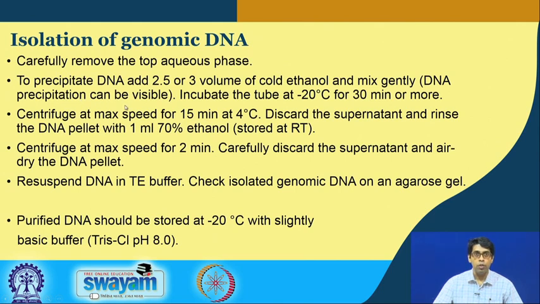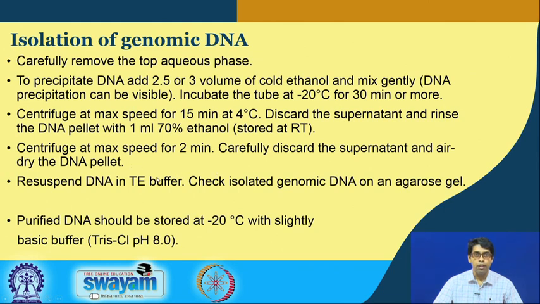So, what we see is a white precipitate. We can centrifuge it at a high speed, so that all the DNA is precipitated, and then we remove the supernatant, because the supernatant will contain the contaminants and our DNA is forming a white precipitate at the bottom. That white precipitate is resuspended in 70% ethanol. So, this is a washing step. So, we can do it once or we can do it several times, so that we get highly pure white precipitate of DNA.